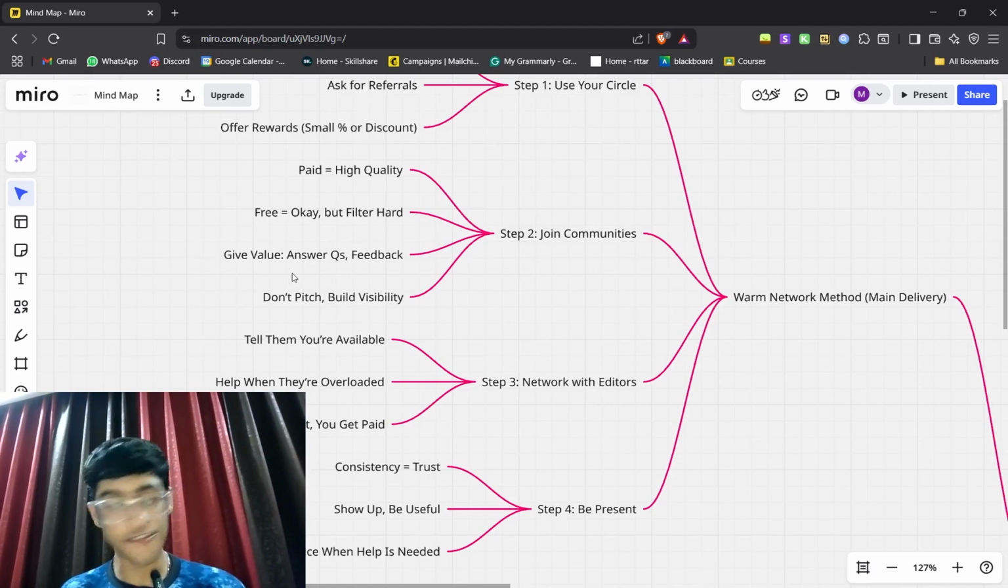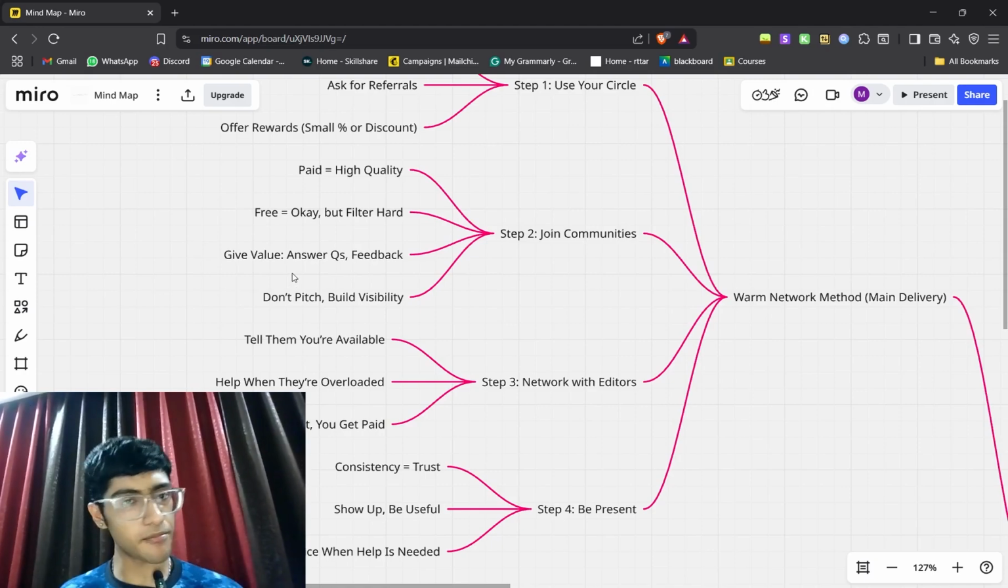What you do is just give value, like make posts in the community, reply to comments, reply to feedbacks, answer questions, and just try to post value in the community, be valuable to the people in the community, post something from your experience which can help them, and just be valuable and friendly around in the community, right? That's how you build your network in the community.